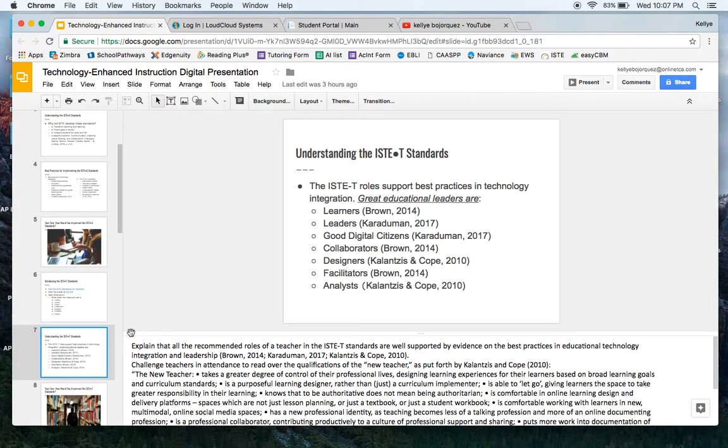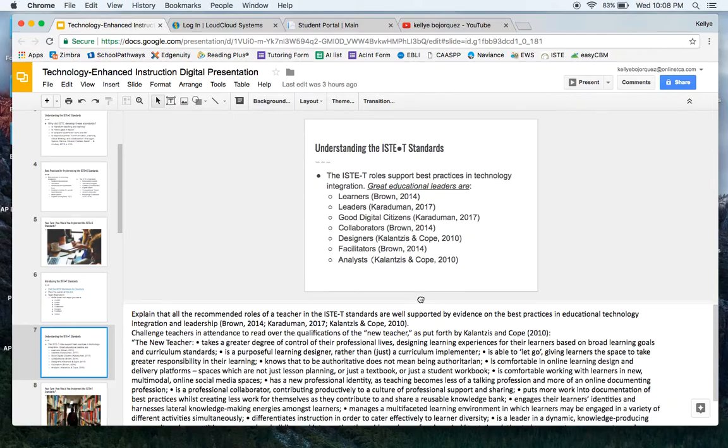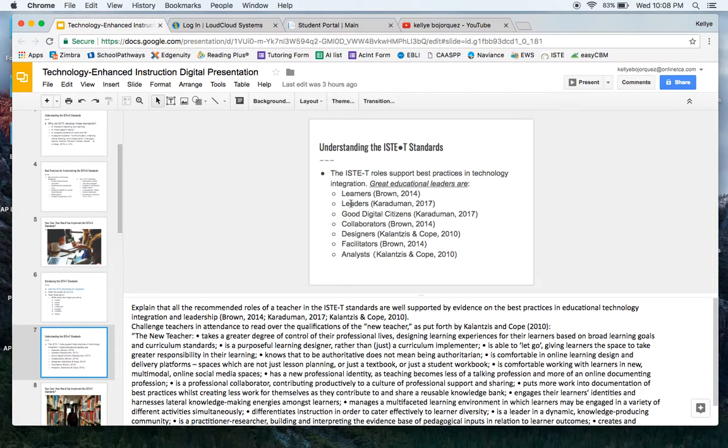Then next we would want to understand the ISTE standards, and this gives the research basis for the pedagogy behind the development of the ISTE standards. Great educational leaders are learners, leaders, good digital citizens, all of these things, and of course these are research supported, and I would love to